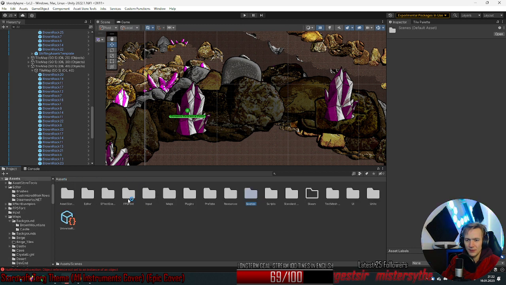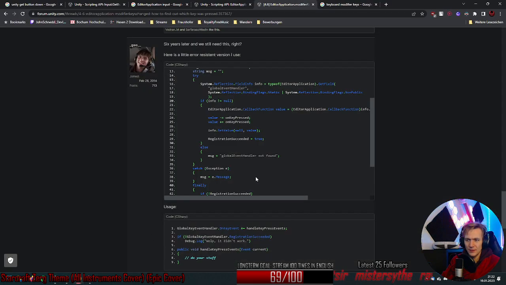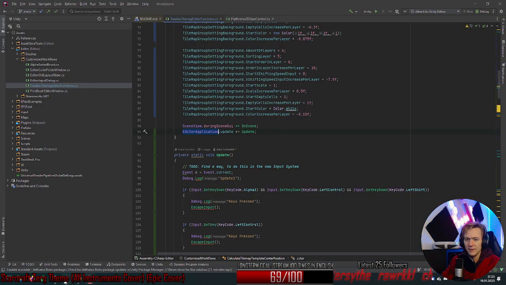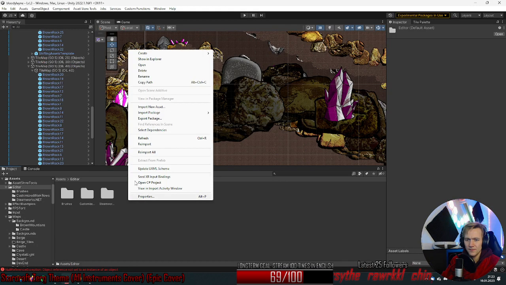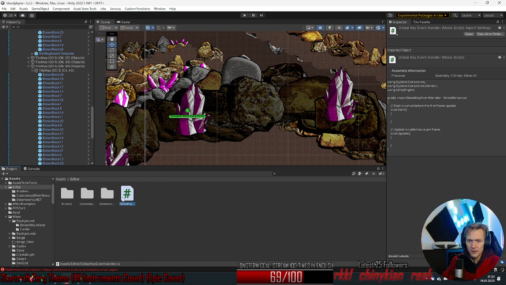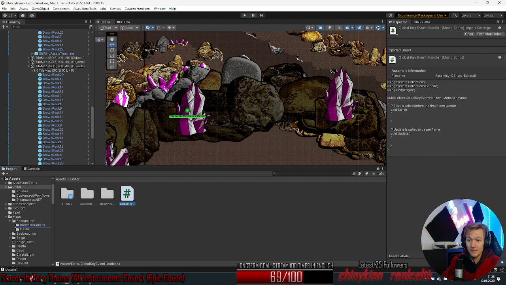And I want to go into editor. Should this be an editor? Where do we put it? Oh, he doesn't have a namespace, unfortunately, in the script, but I think it's an editor application. Global key event handler. Okay. Let's put this into our own tool, because if we want to ship it later, we pretty much want to